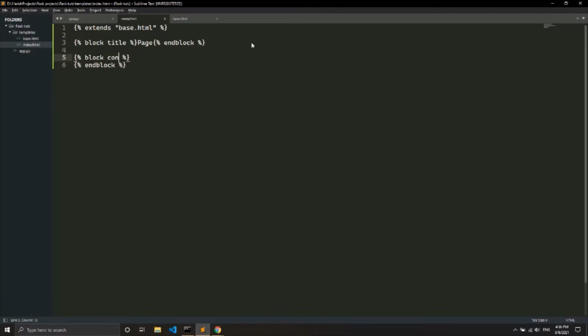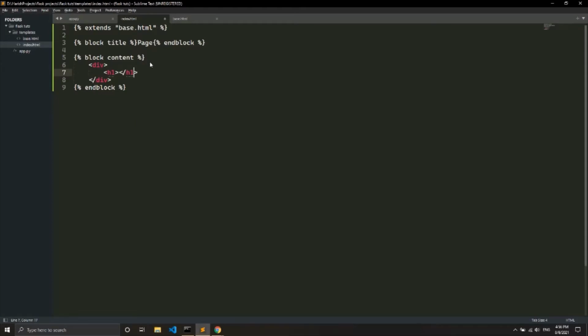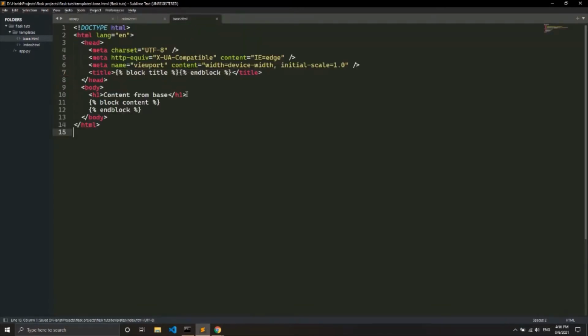So block content is where our extended content lies. If you want more details on this, please go and watch my previous tutorial. I will create a div here, and I will create an h1. Let's see, content from base, and have the content from base here.